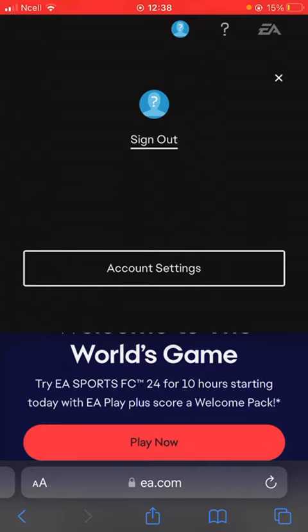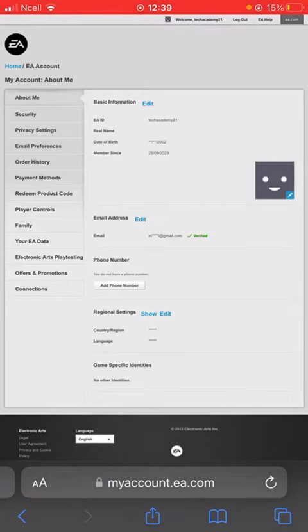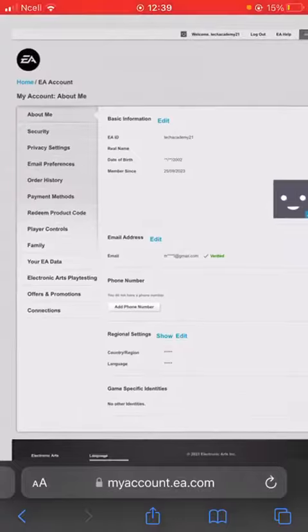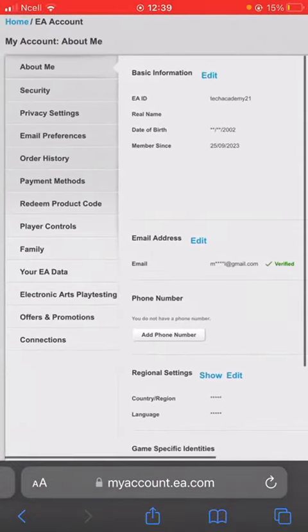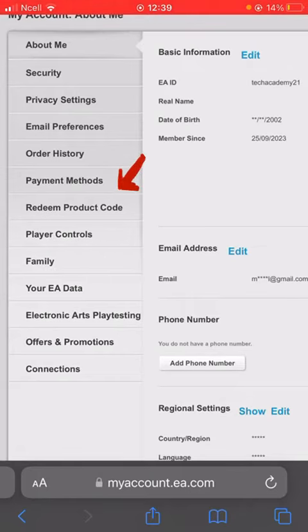After you do that, you'll see an option called account settings. So go ahead and tap on account settings, and then you will enter the screen on your mobile phone. So go ahead and zoom in, and then you can find a redeem product code option under About Me. Now all you have to do is click on redeem product code,